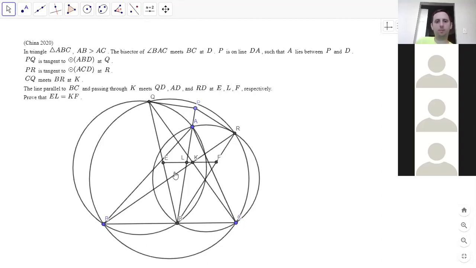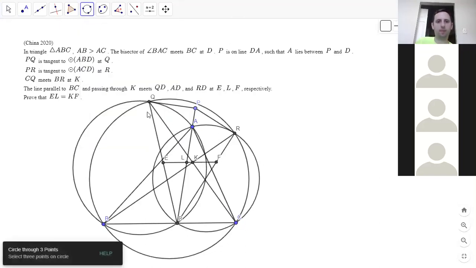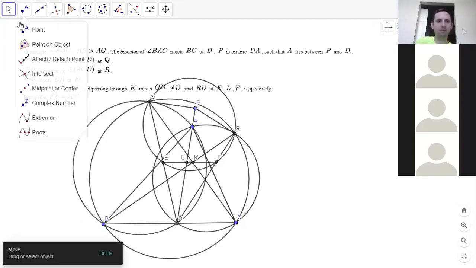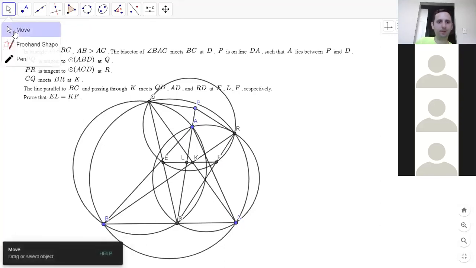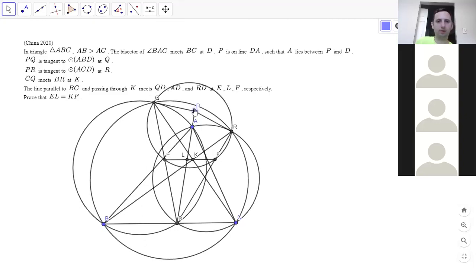So yeah, if we show that BCQR is cyclic, QRBC is cyclic, oh, but P doesn't lie on the circle. I wonder if QREF is cyclic. Huh, yeah, that was a good guess. It looks like QREF is cyclic. And maybe that's just an angle chase, I'm not sure, but so if QREF is cyclic